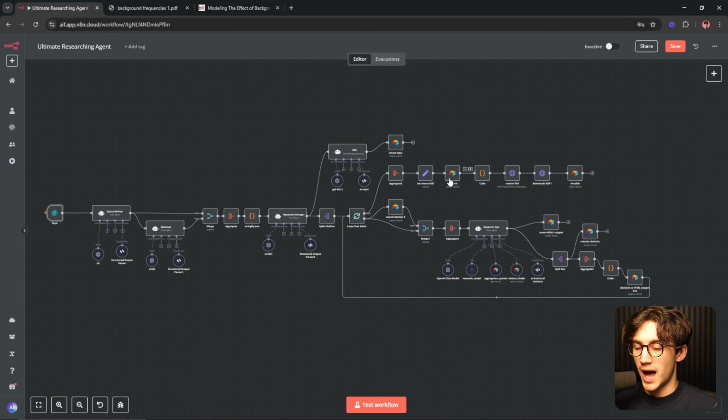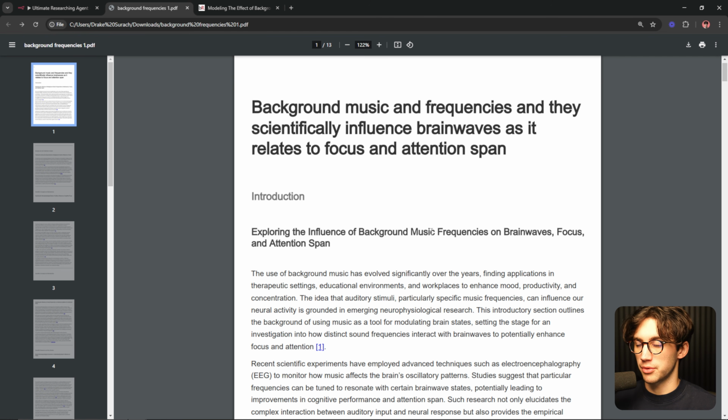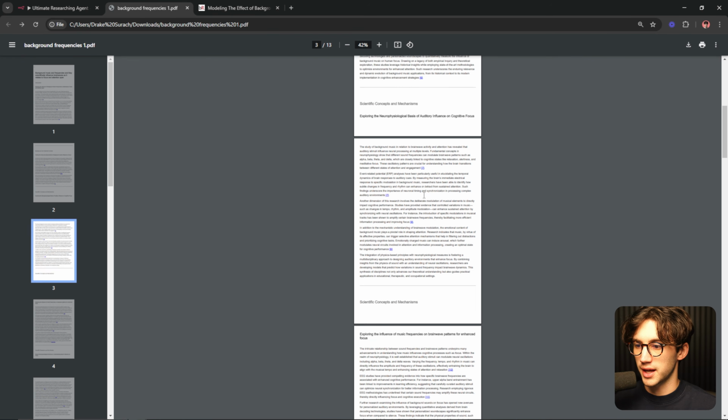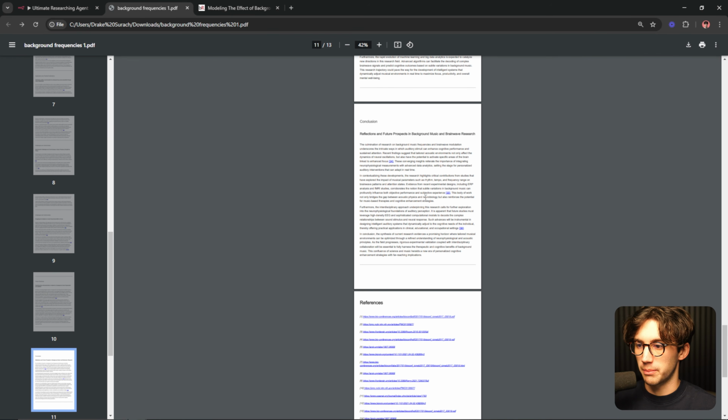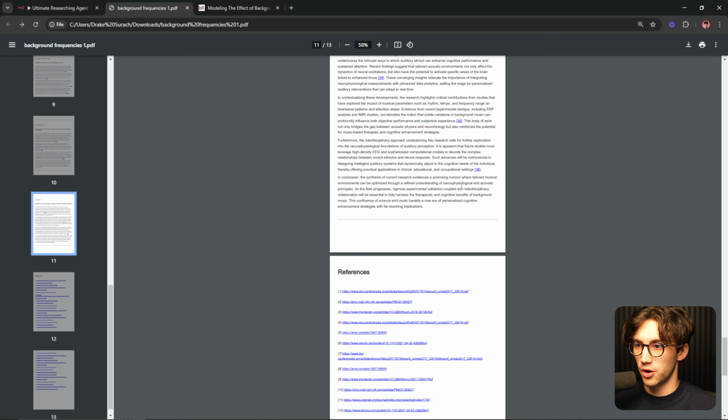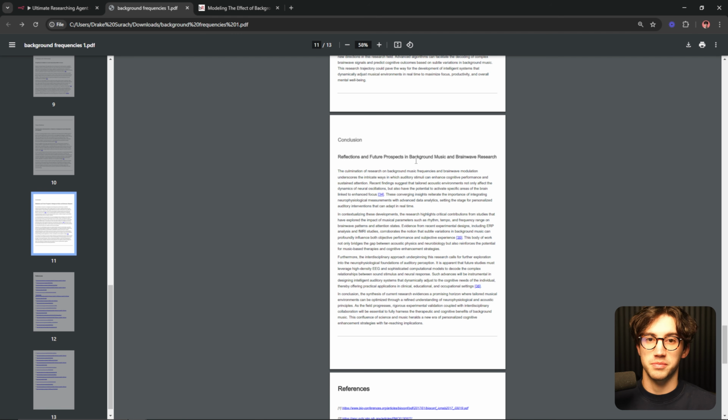Today I'm going to show you how I built this research agent in n8n that takes any topic you're interested in and actually does in-depth research on that and creates you a PDF with citations and a reference sheet all the way at the bottom, citing every reference it used in order to do this research. So this research paper in specific ended up being 13 pages long, but the beautiful thing about this system is